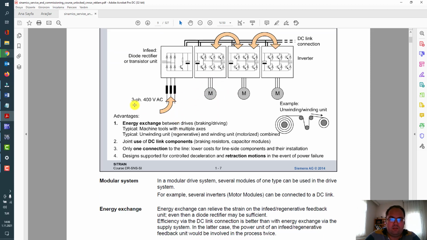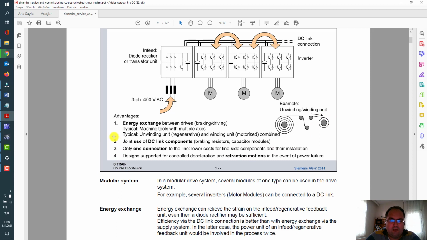What's the advantage? In this case, energy exchange between drives is possible with braking and driving. Typical use cases are machine tools with multiple axes or unwinding and winding units.